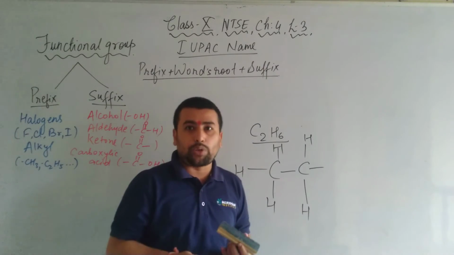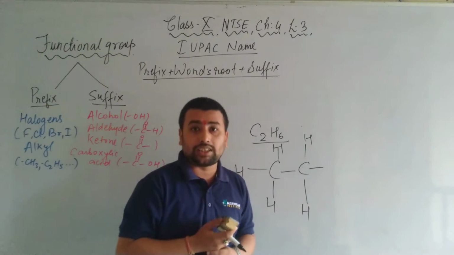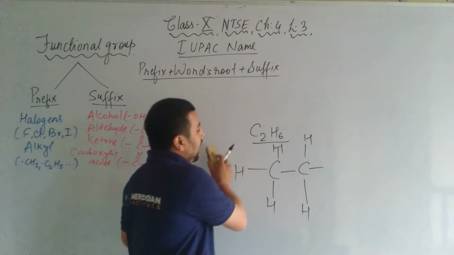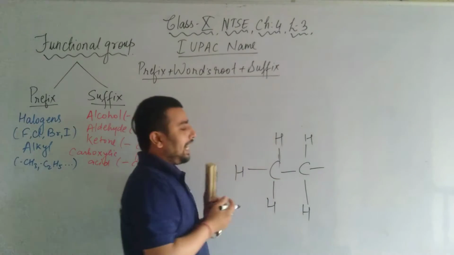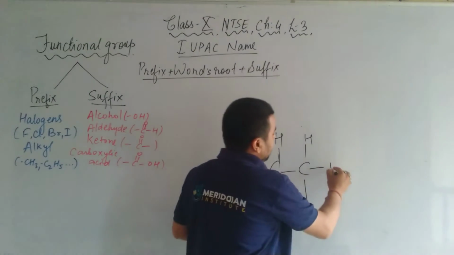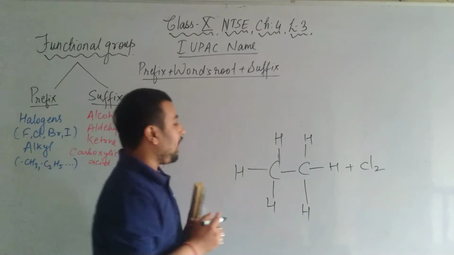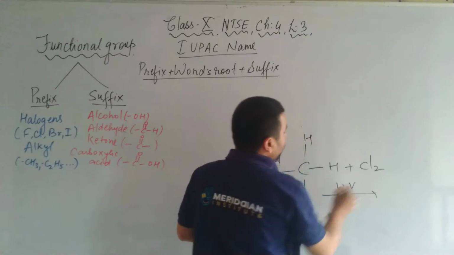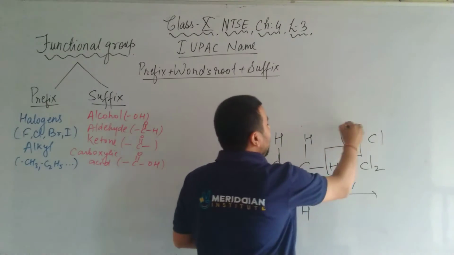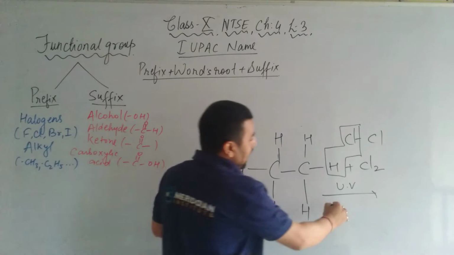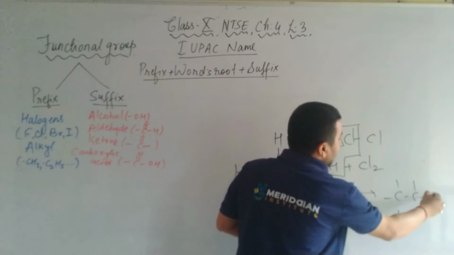If we are substituting another functional group, for that you must have knowledge of addition reaction and substitution reaction. Especially we are substituting the hydrogen here. Just suppose here there is HCl or any other group. Here it is ethane, and if we add chlorine, Cl2, in the presence of ultraviolet rays, what will happen: one chlorine will be added by this hydrogen and HCl will be removed, and you will get a new compound that is known as ethyl chloride,